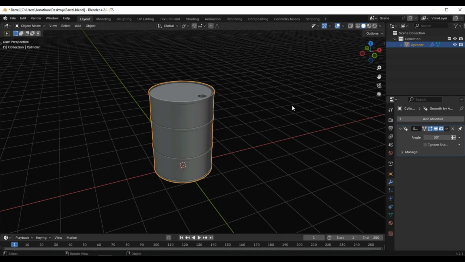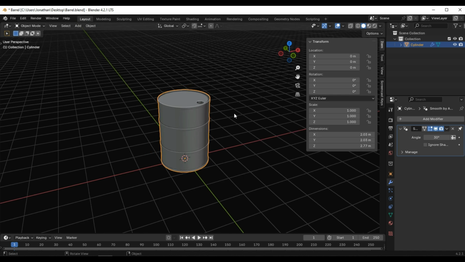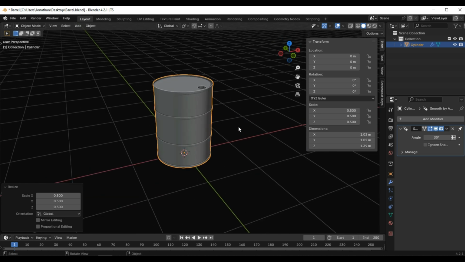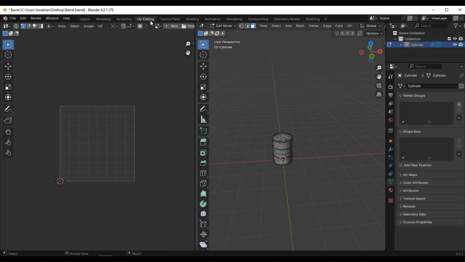Okay, so the first thing I'm going to do is change the dimensions, and I'm going to put the barrel to about 1 meter. And this is important for the texture size. So we'll go ahead and apply the scale, go to UV editing mode,